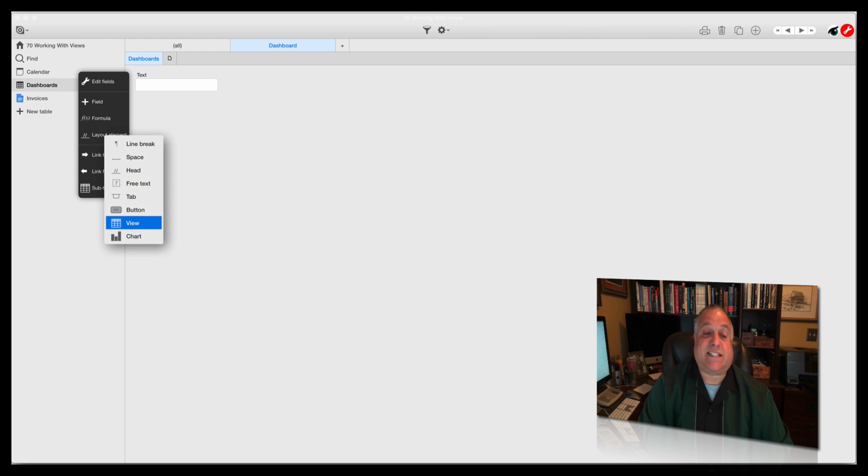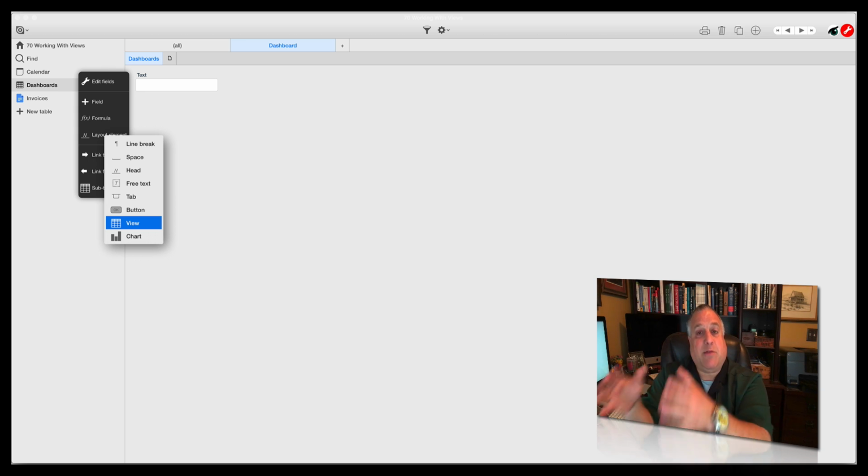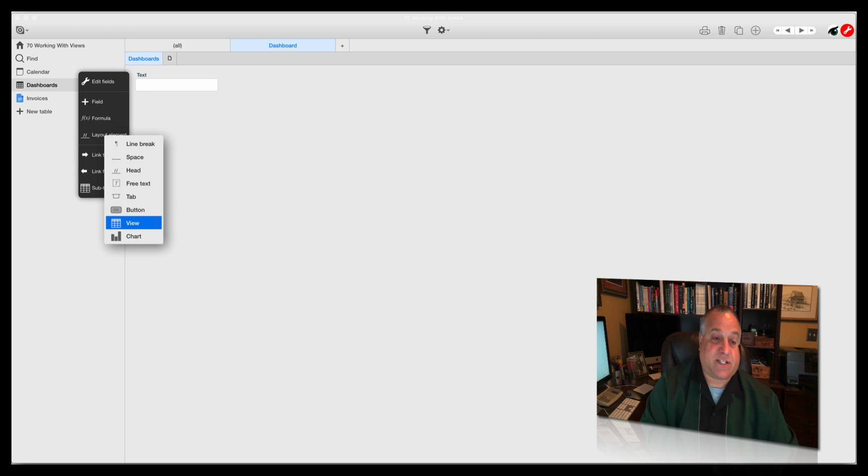And at the bottom, we see the 2 elements we're going to be working with in this class: the view, or the table listing of numeric and alphanumeric content, and the chart. They are both the same thing. They're a mechanism or a tool that we can use when we're sitting in one table to see what's happening in one or many other tables. The only difference is the view element demonstrates the content of the table we're looking at, or the table we've selected, in numbers and letters, alphanumeric, showing each of the pieces of content